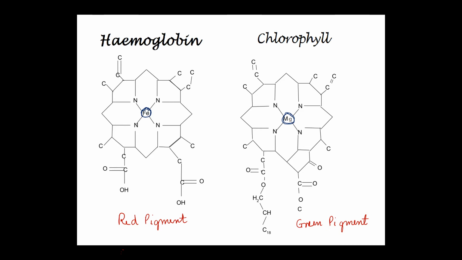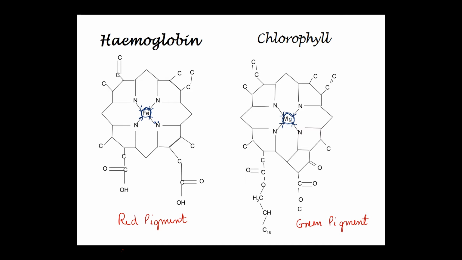Now, if you see carefully, this iron atom gets bonded to nitrogen with the help of coordinate bond. Nitrogen will have a lone pair over it and that lone pair is shared as well as donated with iron. So, coordinate bond will be there. Similarly, coordinate bond will be found between magnesium and the surrounding molecules. So such type of compounds which have coordinate covalent bond between metal atom and the surrounding molecules are said to be